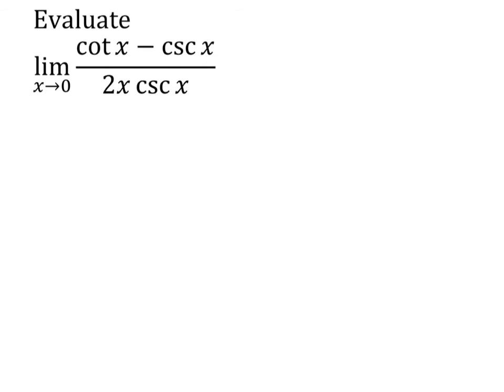So a lot of times in these problems it makes sense to take what I'll call the weird trig functions, cotangent, cosecant, secant, and tangent, and change them into sine and cosine. Our special limits only have sine and cosine in them, so it often makes sense for us to rewrite them in terms of those things. So I'm going to go through and write this. I'll have the limit as x approaches 0. Cotangent is cosine x over sine x, minus cosecant x is 1 over sine x, over